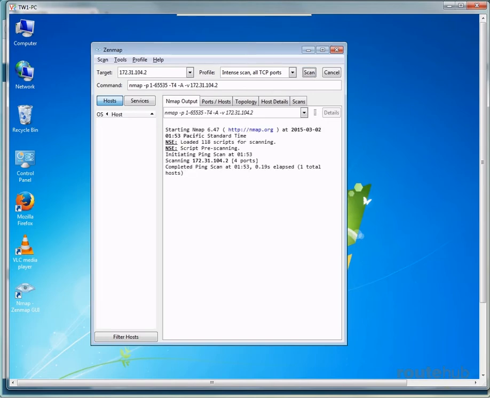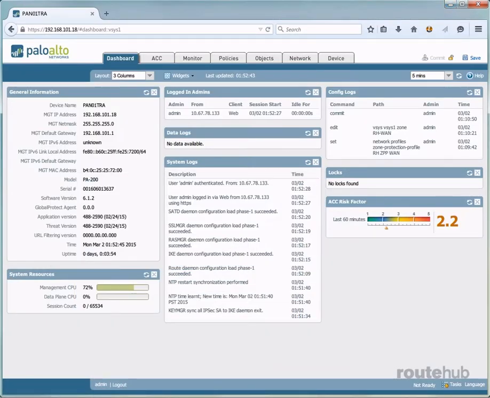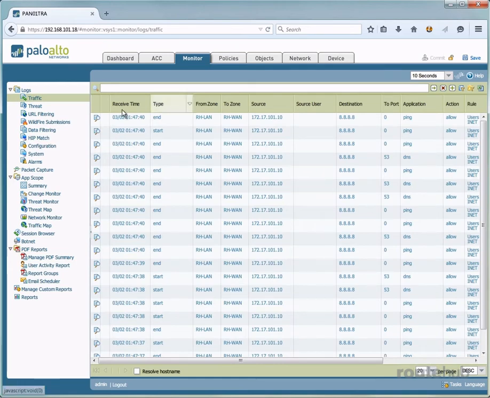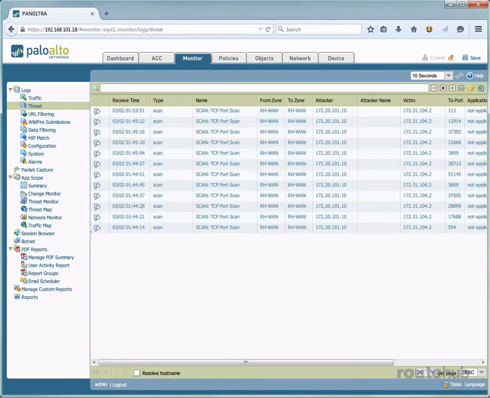Okay, the scan has started and not much is really happening here. Let's go back to our firewall and let's check out our threat logs, which is located under the Monitor tab. And here are the logs. Let's go to Threat and let's wait for this to refresh. And there it is. So there we do see a TCP port scan has been detected from the internet computer,